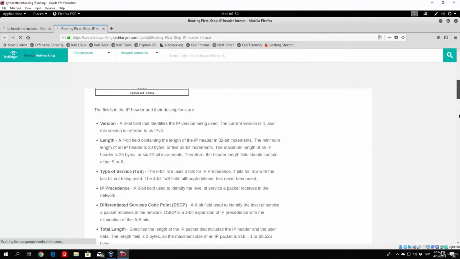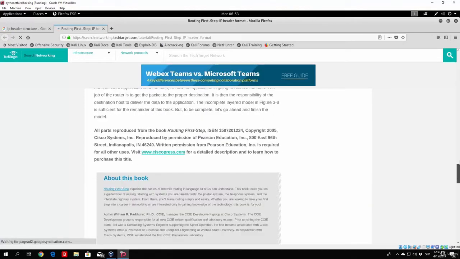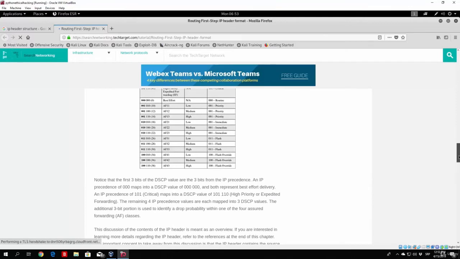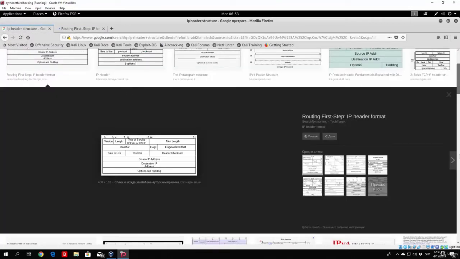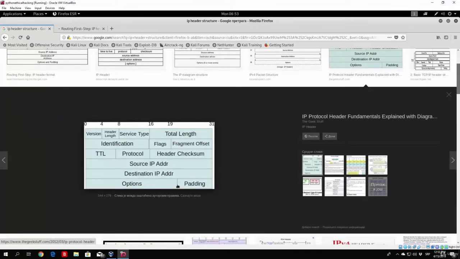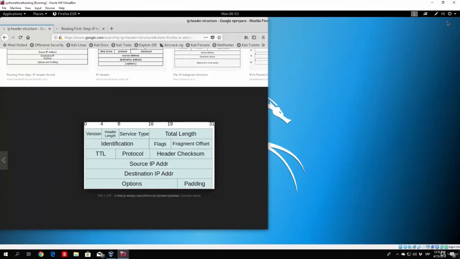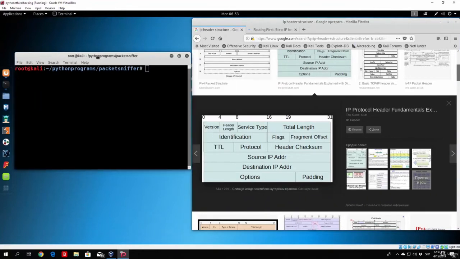That is too small to see. Let me just find if they have a little bit of bigger picture. Maybe this is something useful. Not really. Let me go and find maybe this one. Okay, so you should be able to see something right here. As you can see, if I open up the actual